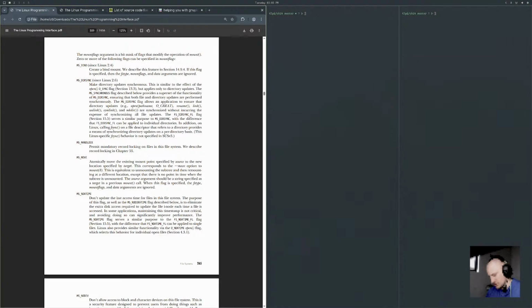The source argument should be a string specified as the target in a previous mount call. When this flag is specified, the fs type and data arguments are ignored, as are the remaining flags in mount flags.